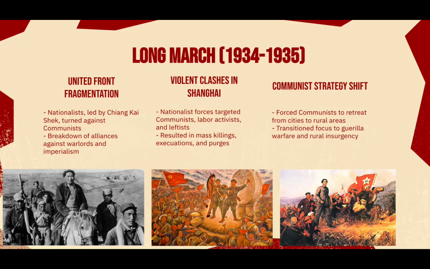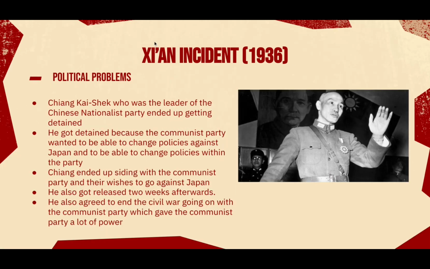The Long March is the period from 1934 to 1935 where the Nationalist Party of China started to heavily attack the Communist Party, which ended up making the Communist Party retreat and basically caused them to weaken more or less. And during this time, a lot of people ended up getting killed as a lot of fighting happened. But that's due to the Nationalist Party, especially the leader, Chiang Kai-shek, who is also important inside